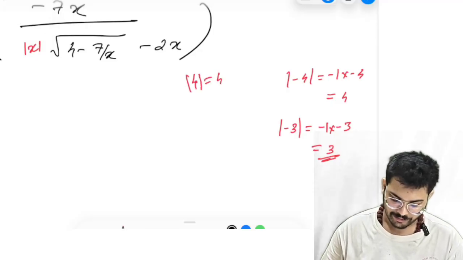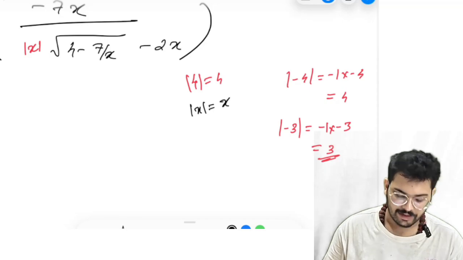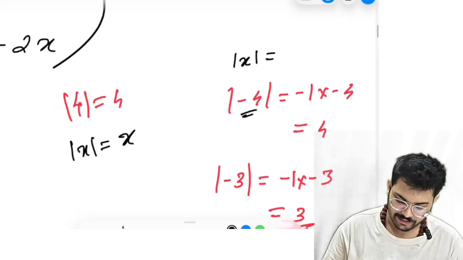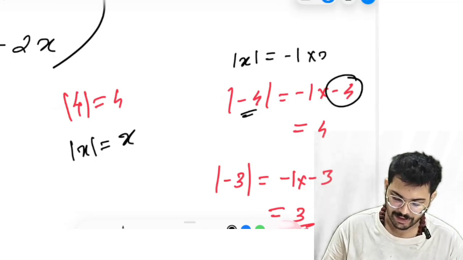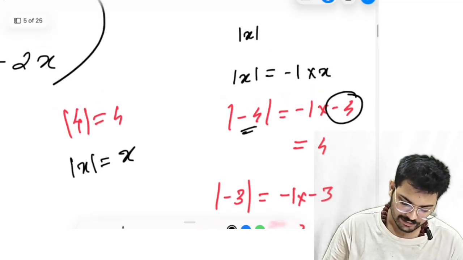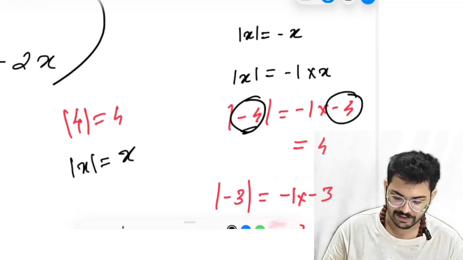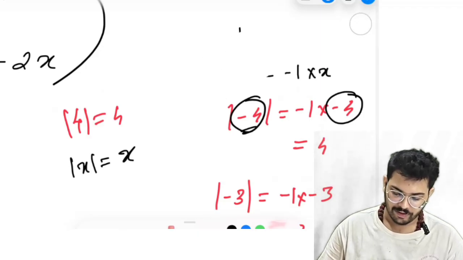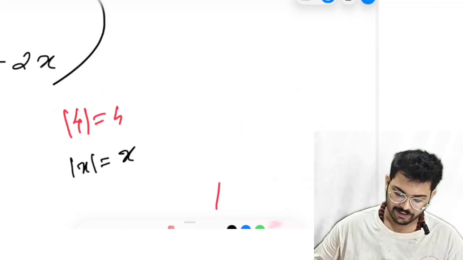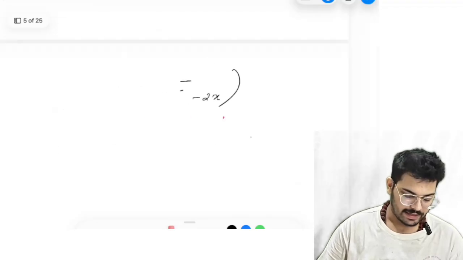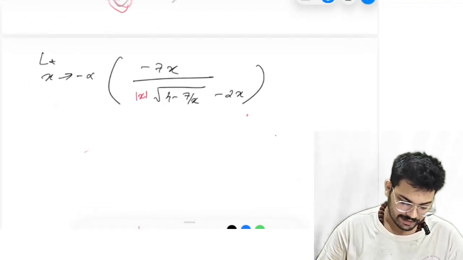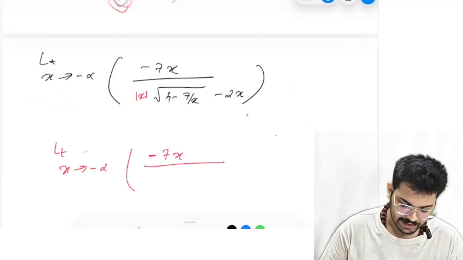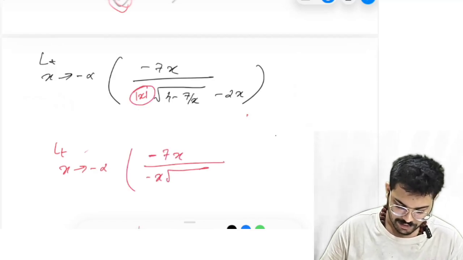Now, when you closely observe, here modulus of x can be directly written as x. But if x is minus 4, that is written as minus 1 into minus 4, which is minus x. That means mod x is written as minus x whenever the value inside the modulus, that is x, is less than 0, a negative number. So always remember, mod x will be x if x is positive, and mod x will be minus x if x is negative. In that logic, this will be turning into minus x. Limit x tends to minus infinity, minus 7x divided by, this will become minus x into root of 4 minus